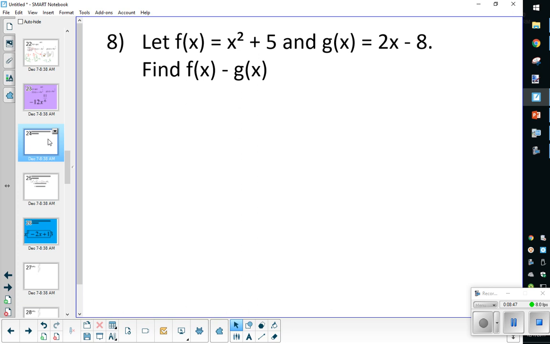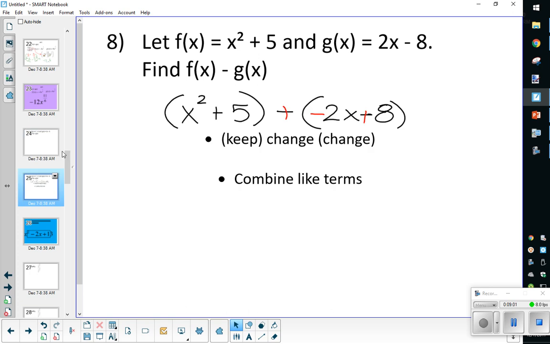Next one. F is that, G is that. Find F minus G. Again, not going to give you a super long time here. That one is F minus G of X. So our hints, remember, it's take F,